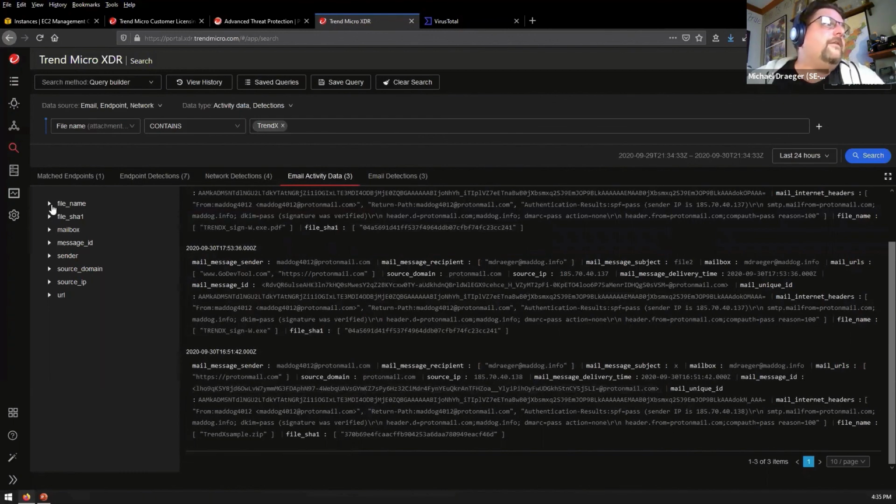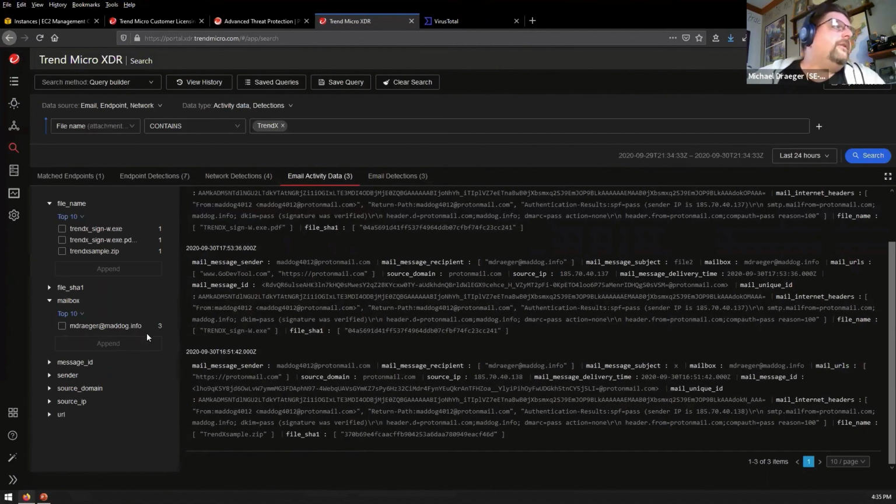I can see the file name if there is a file name. If I wanted to know who it came from or who it went to. In this case, this particular one only had 1 user that received it. If I had multiple users, we'd see multiple users in there. Then I can also see the source of who sent it